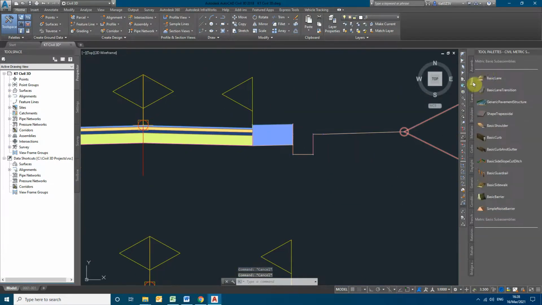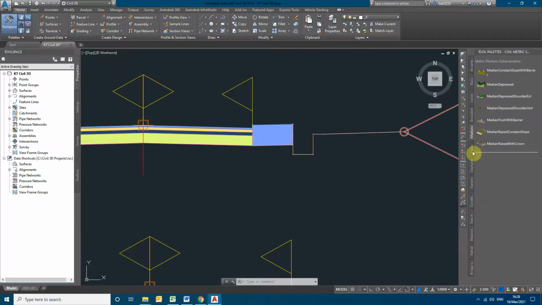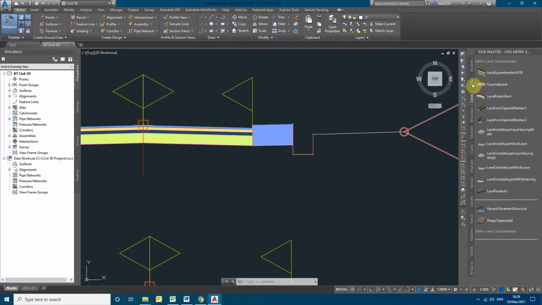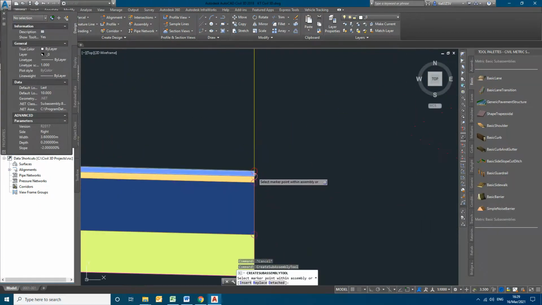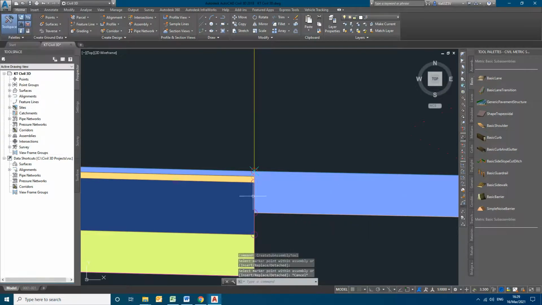So I can go with some basic lane assemblies. We don't have any specific item for the footpaths and all, so I'll be taking only the basic lane assembly, and I will not assign any superelevation rotation for that particular thing. So here it is, this is a footpath.